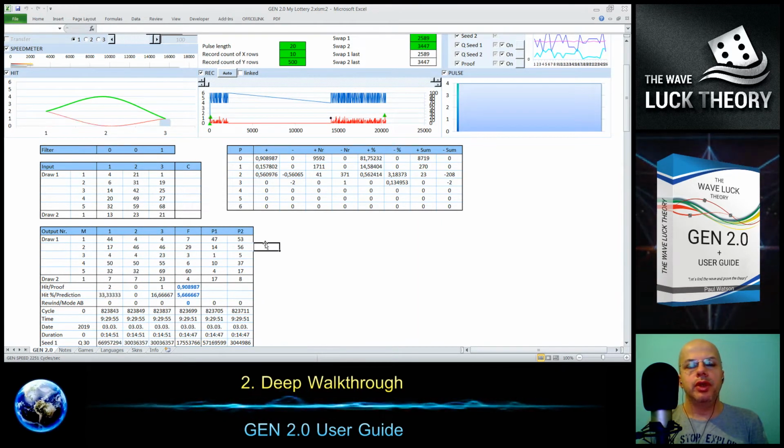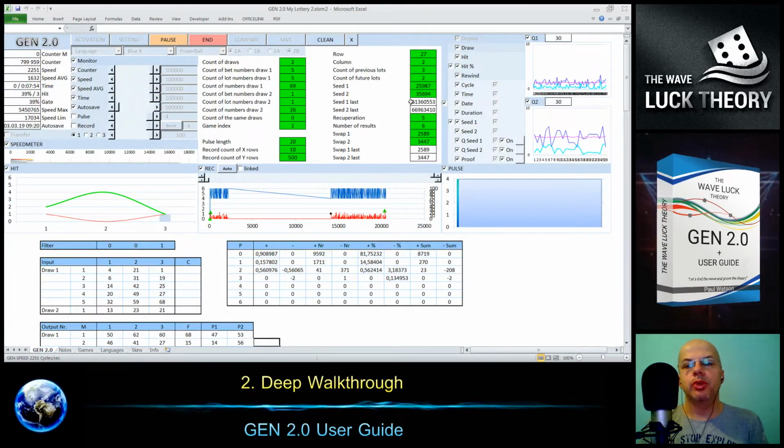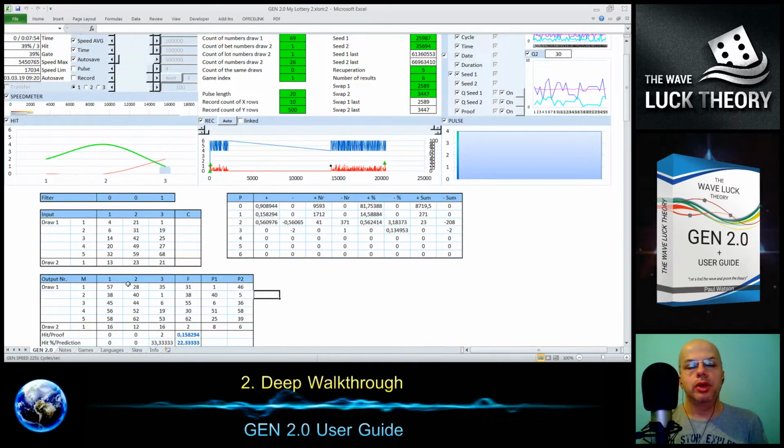So in our case it will always equal the previous lots plus the future lots plus 1. In our case it's 3 plus 2 is 5, plus 1 is 6. If the history is longer and the prediction longer, then this value will be higher as well.